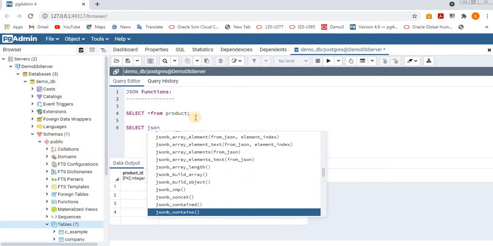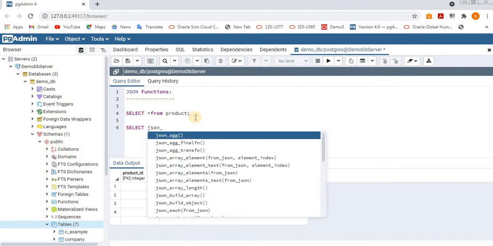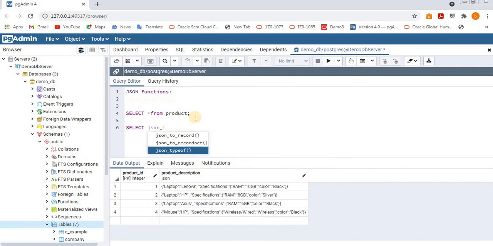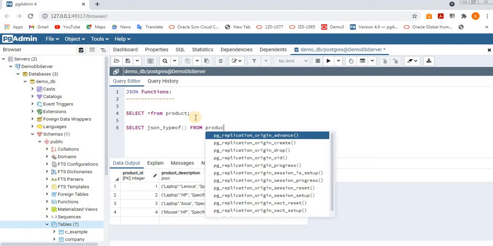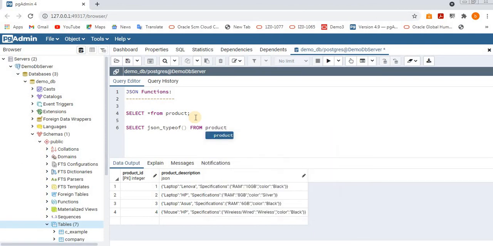For example, I'm taking the type of the value for a key. I'll show you JSON type of, and inside this I'll pass the parameter later on. From which table do we have to get the data? The product table, so just select the product table.